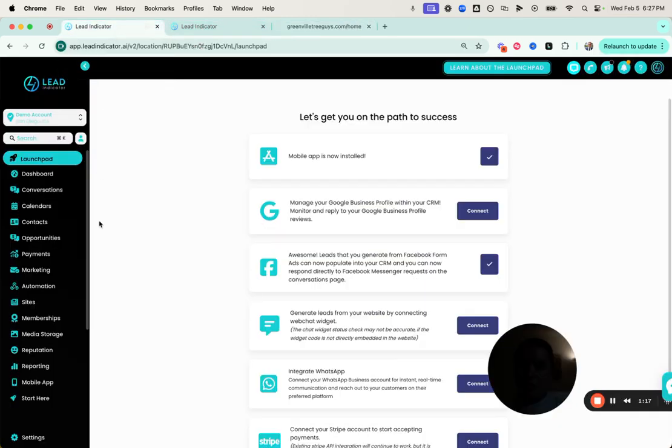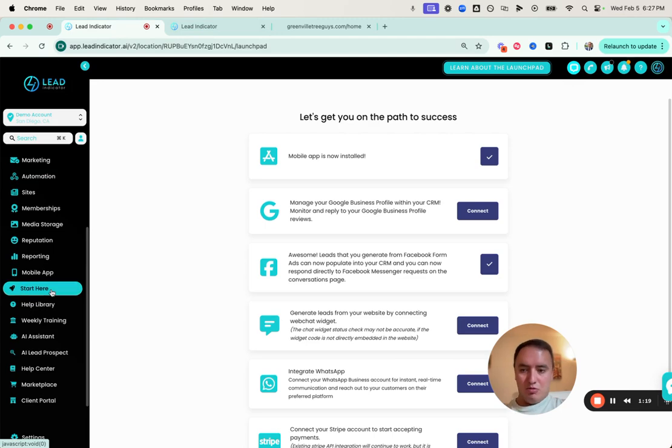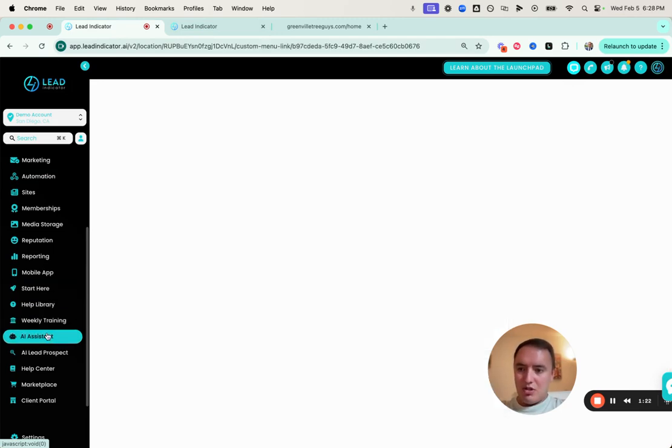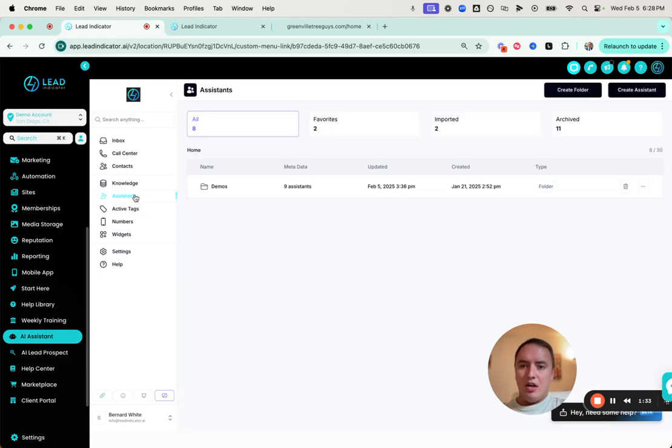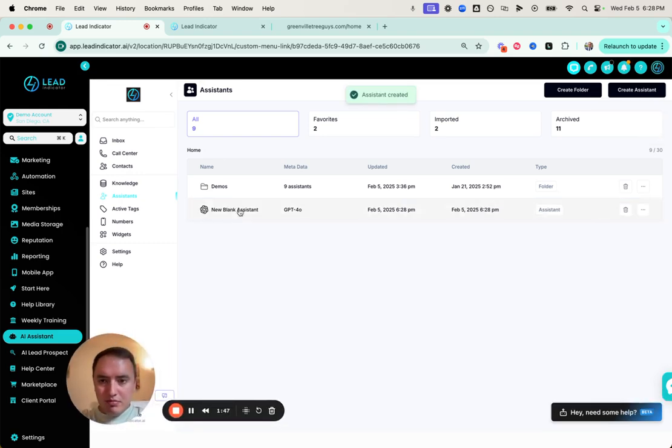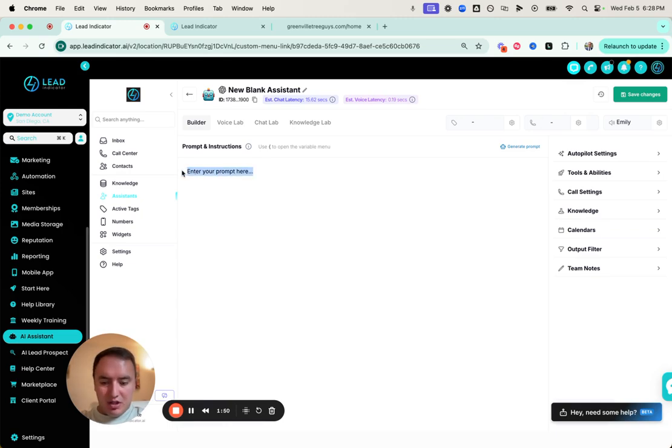So the first thing that we need to do is create the AI that will power that chat widget. So let's go over here to AI Assistant. And so I was just playing around with this a second ago, testing it, and I deleted everything. And so we're going to go here to assistant and create assistant. Now you could do generate for me and it actually will just do everything for you. I'm going to just start with blank because I just have the prompt from a second ago and I'll